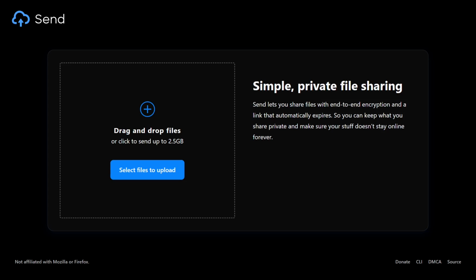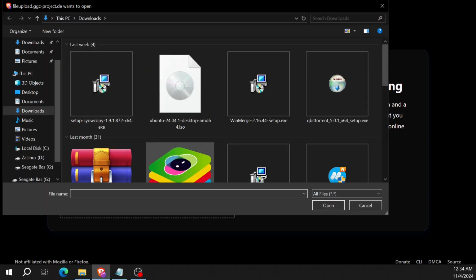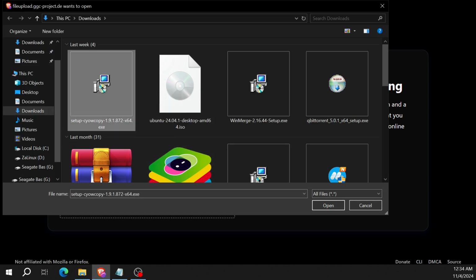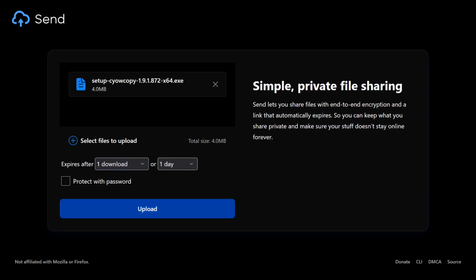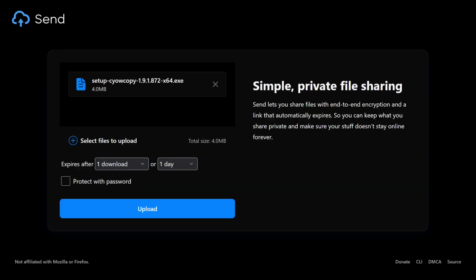Once you select the service you want to use, click on Select File to upload. Choose the file you want to share and click Open to confirm your selection. In the upper corner, you will see the name of your file and its size, and below that you have